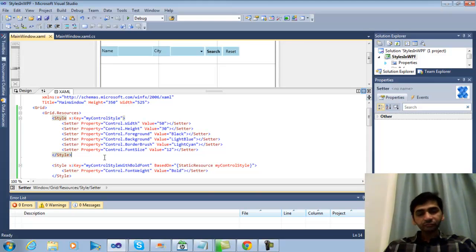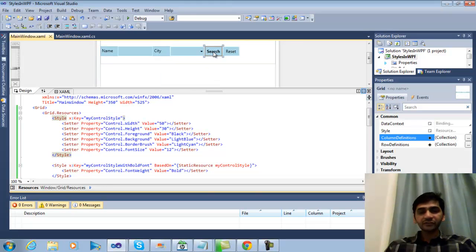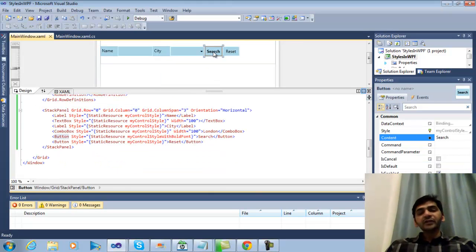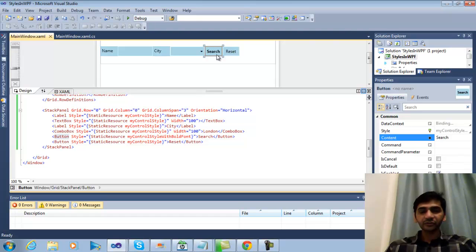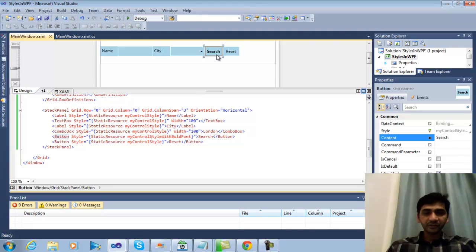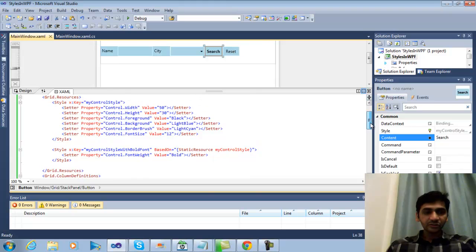So for example, we have the search button here. If I want to give an effect when my mouse moves on this search button, like increasing the width or height of the control, or changing the font color, then we can write a trigger, because we cannot do that using the static properties that we set in this style. So what we will do is come up with a different style,